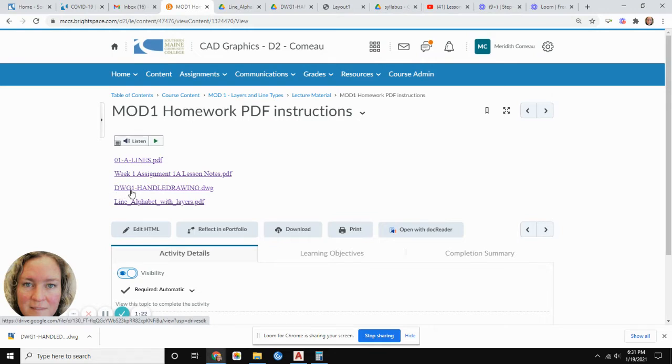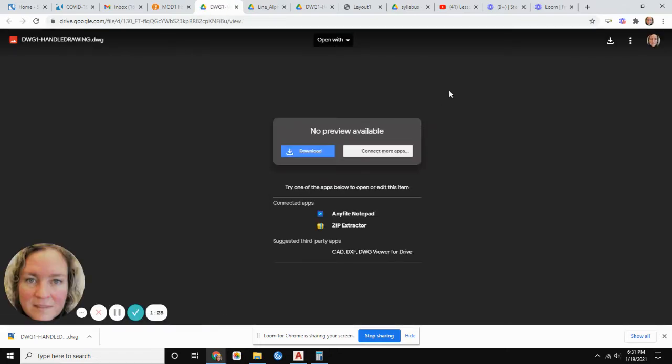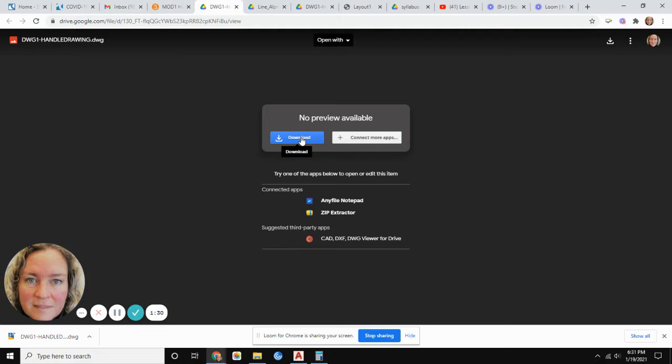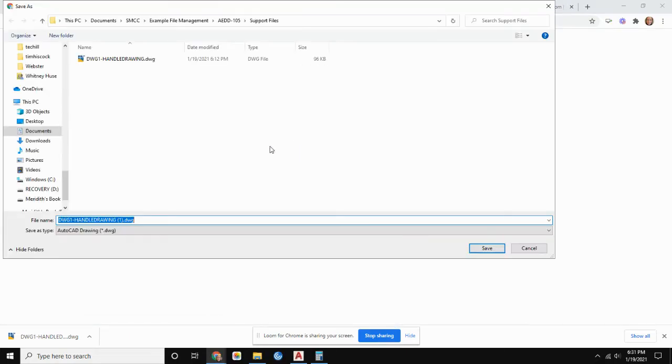Right here is DWG1 handle drawing, and click on that, and then click on download, and place that drawing either in your virtual desktop under support files within your folder you created in the file management section, or you're going to put that on your home computer in the support files. But either way, it has to be downloaded before you can use it, and I already have it,